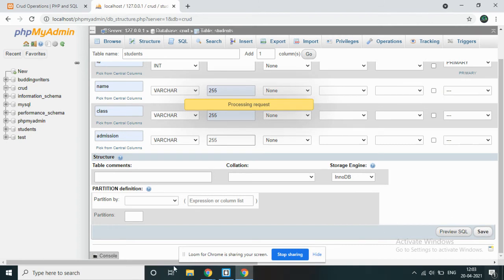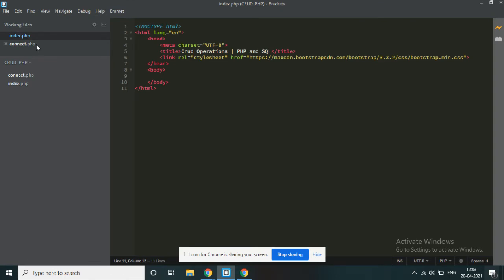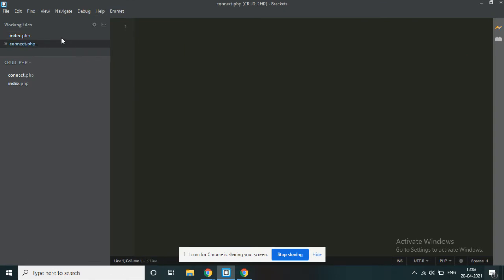Till the time it gets built up, I have this database named crud. So I'll go to the connect.php file, and now here we will start to write some PHP, and I will show you how to connect our database with our project. Right, I'll add the PHP tags,